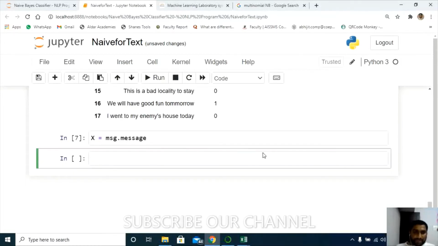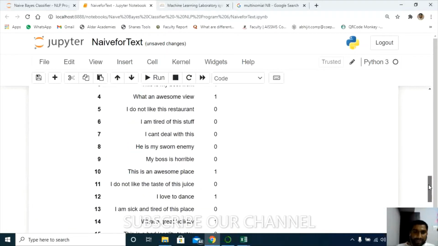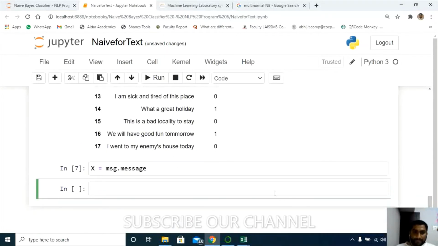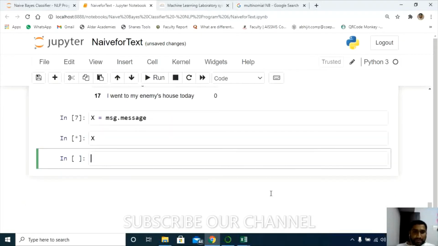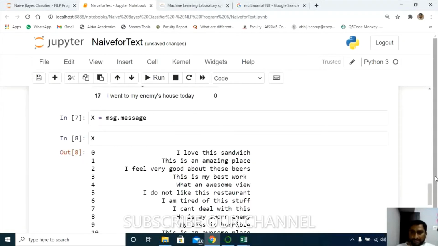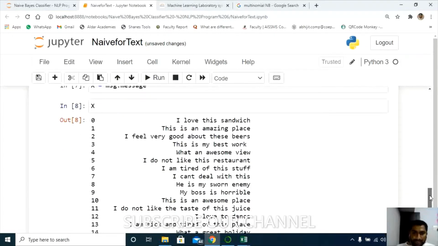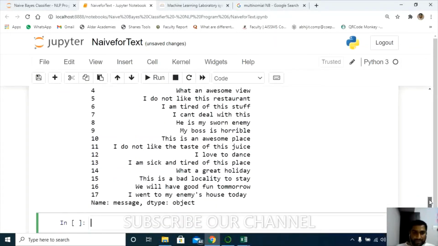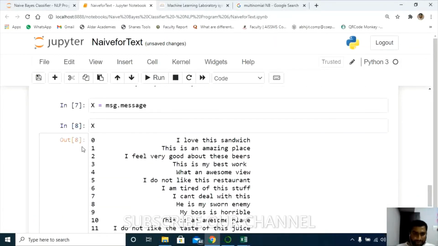So all the independent data got stored in the variable called x. If you want to check, just type x and you will see all the independent data are stored in x now. Understood? If you want to remove this index, you can remove the index also.